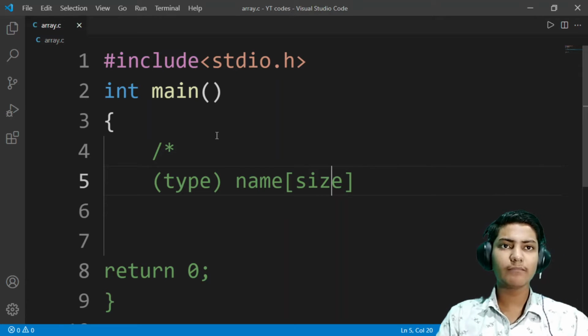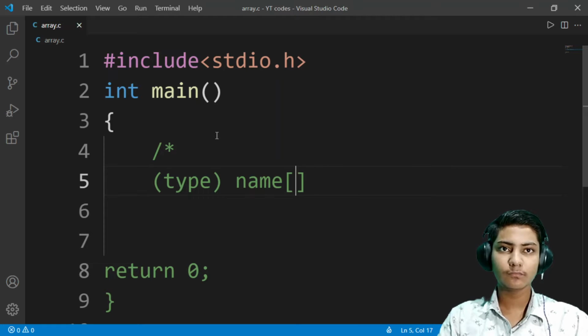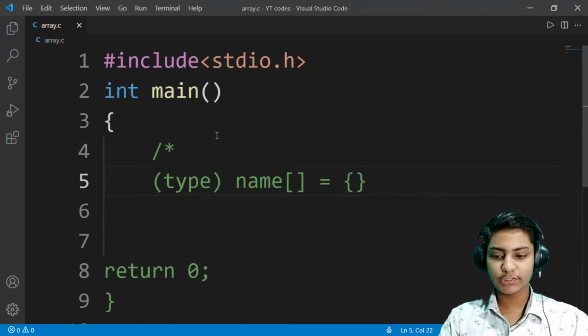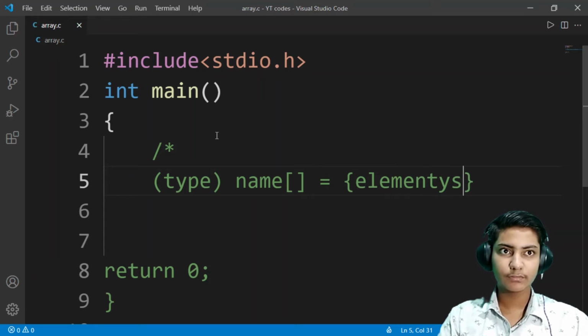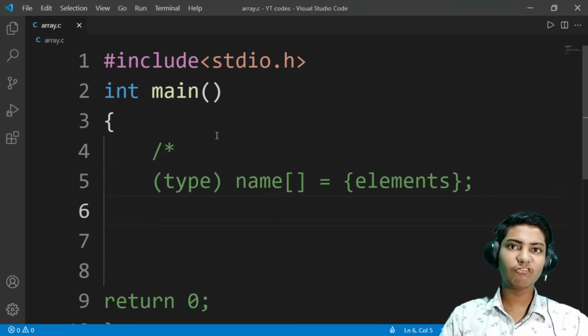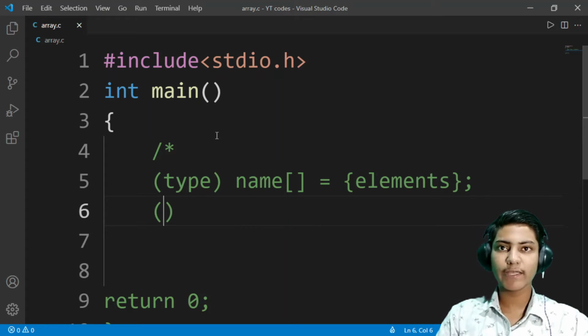So I'm removing this from here, and equals to the array elements in curly braces. So this is one type of declaring a one dimensional array.